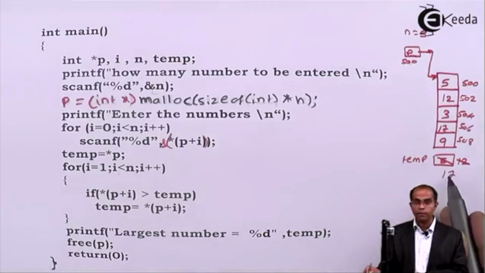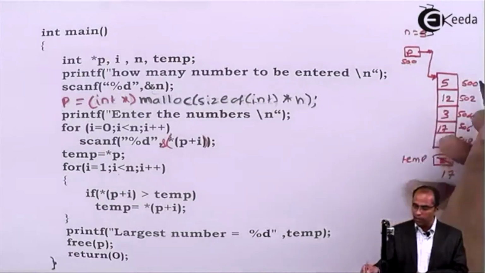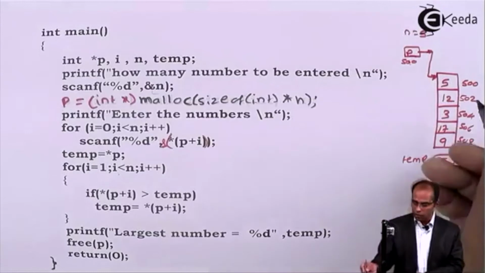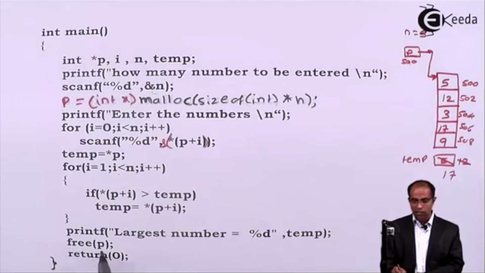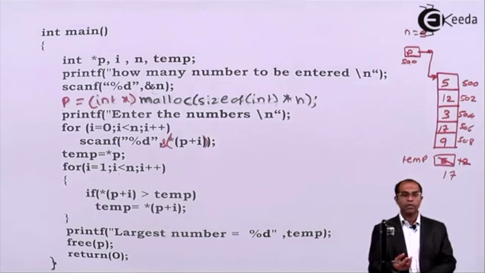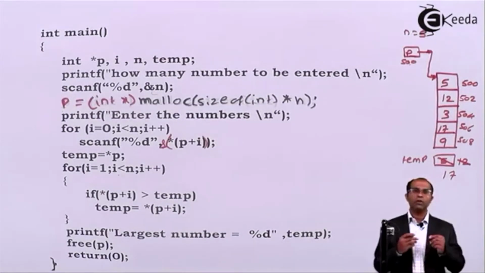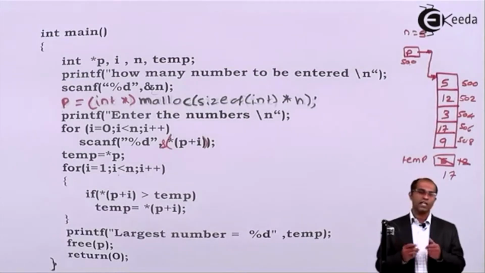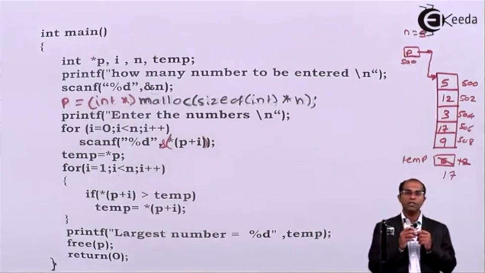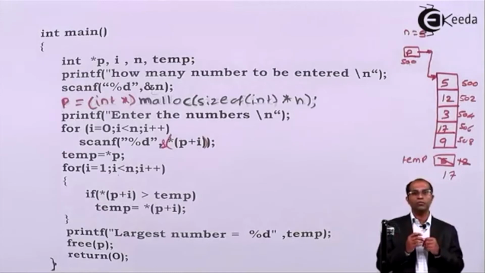Once you get the value of 17, you can now release the memory held by p. To release it, you can use the instruction called free(p). When I say free(p), the array memory location is released, and then you say return 0. I have written the entire program using main. You can modify this using functions, as per the previous videos, where we have seen how the concept of pointers and arrays can be divided into functions.